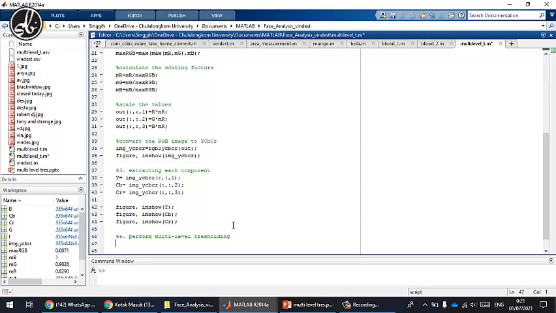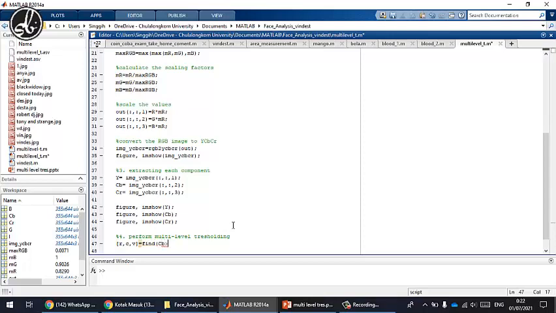In this part, actually it is the most important part, that we should detect the skin of the human using R, C, and V equals to find when